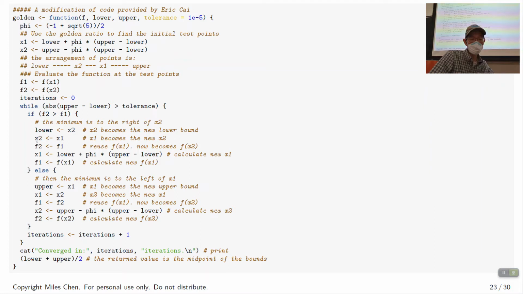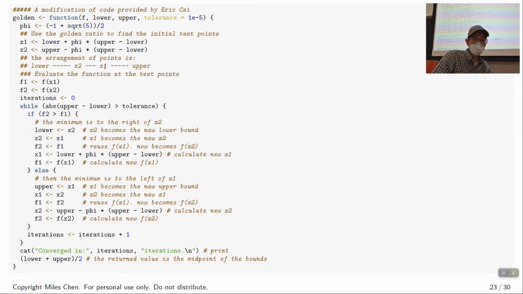x1 becomes the new x2. We're going to take f1, which we've already calculated, and assign it to f2. We'll calculate the new value for x1, which will be our new lower bound plus phi times upper minus lower, and then calculate the function at this new x1. Okay, and if f2 is not greater than f1, if it's the other side, then we